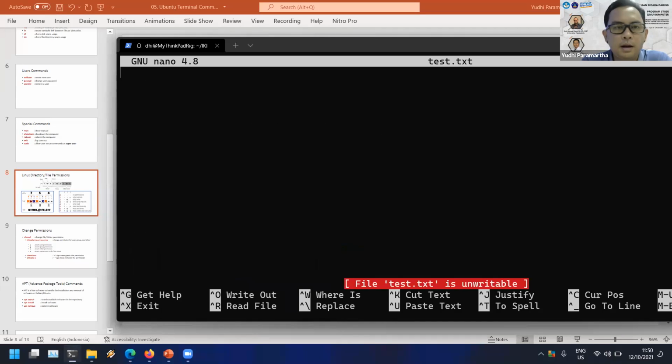Enter. There is an error message: the file test.txt is unwritable, because we don't give the write permission for the file test.txt to the owner. That's one example of how we use the permission here.